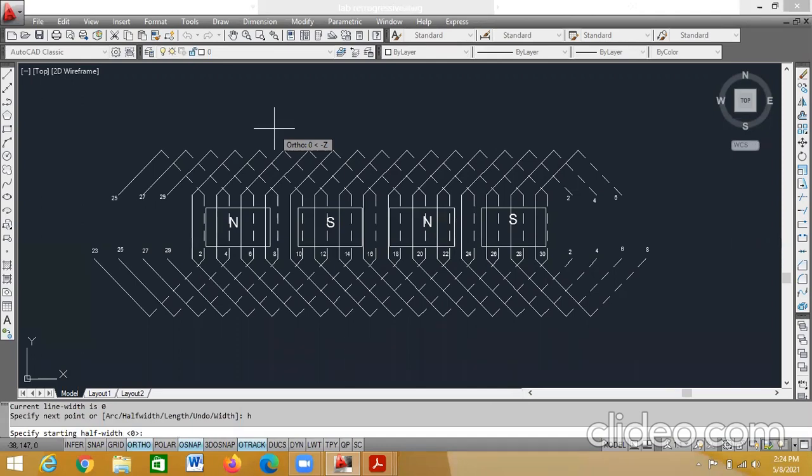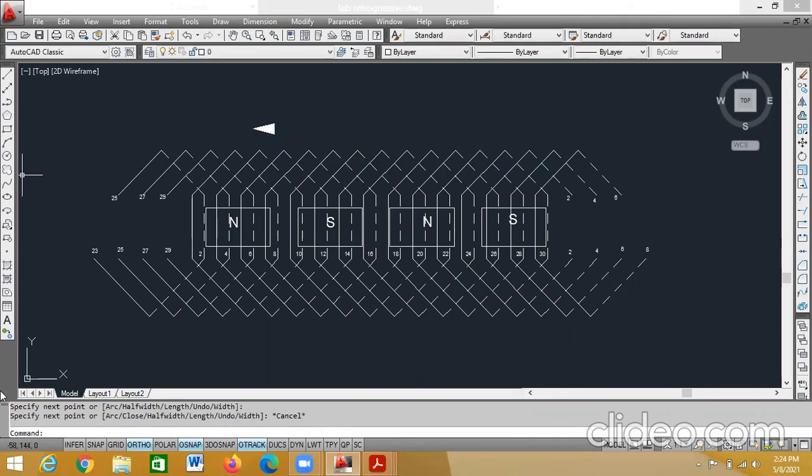Starting of the half width, I'll enter it as 0.4. Enter. Ending of the half width 0. Enter. Now you have to stretch this. Take the cursor to the left side and leave it.